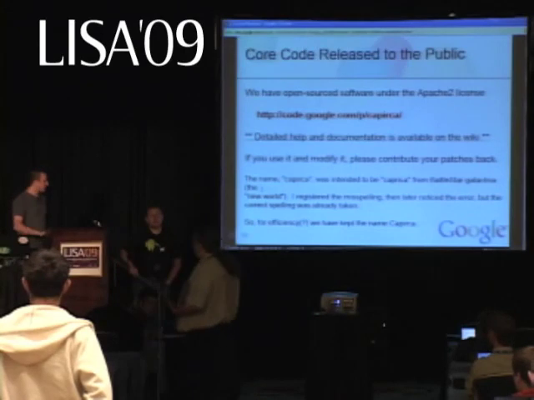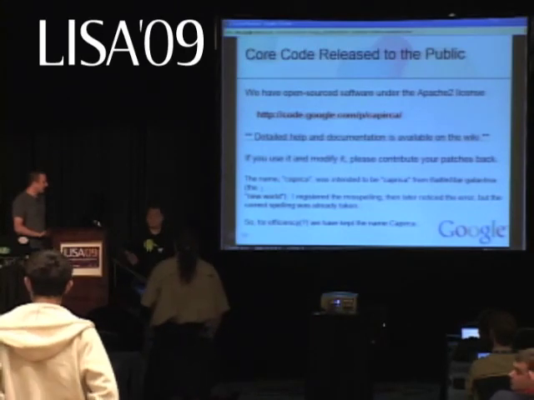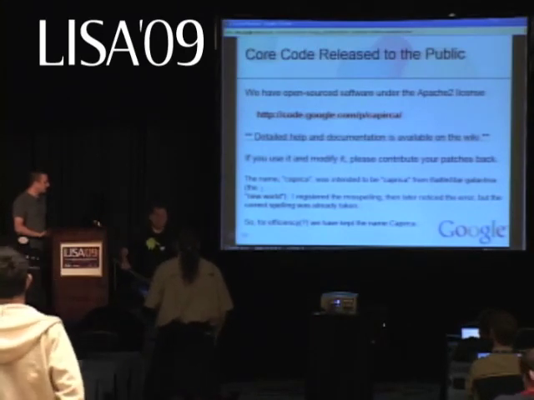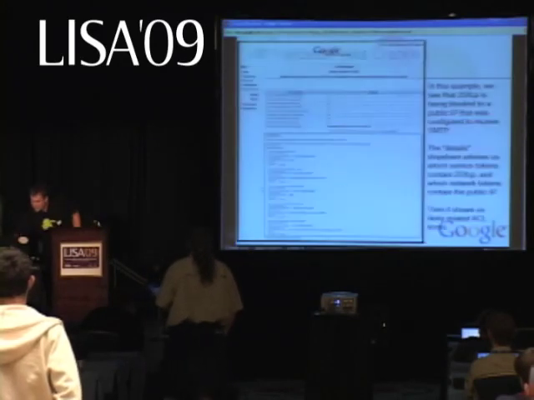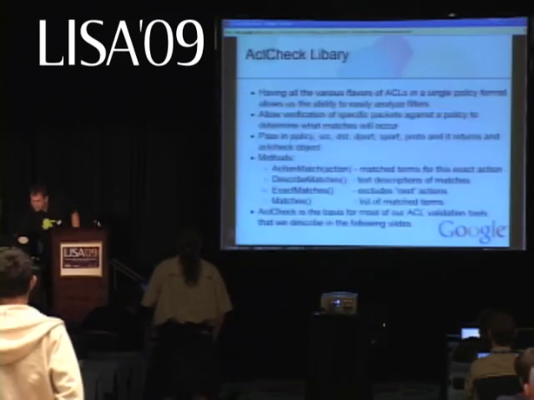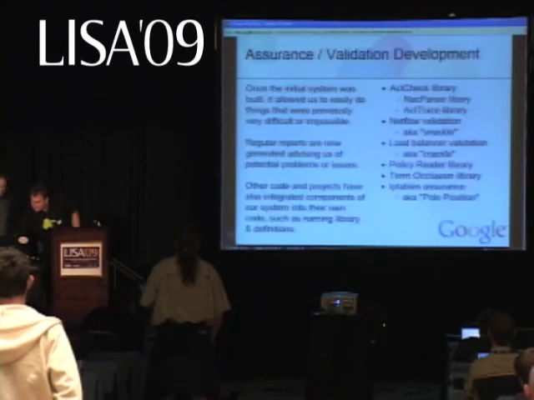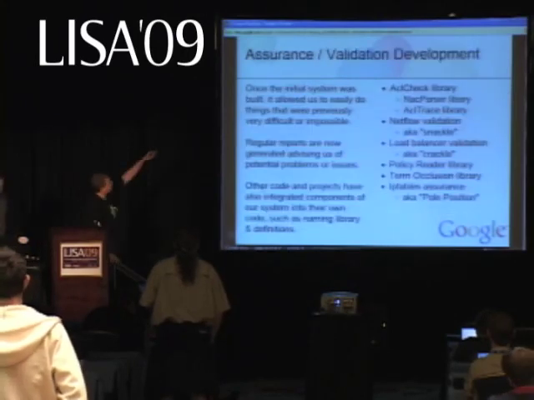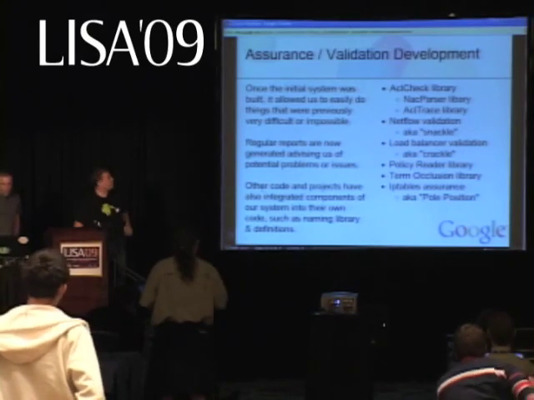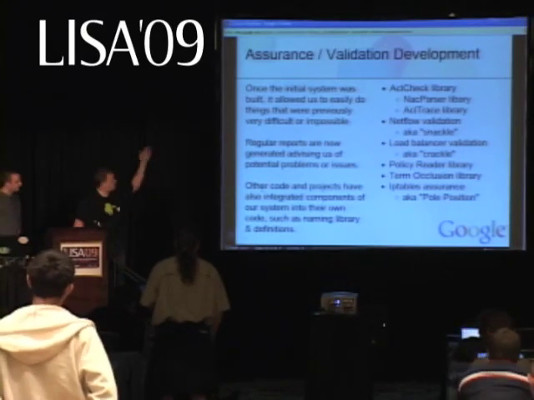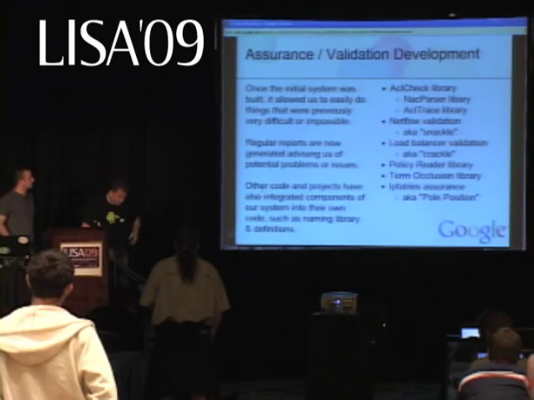I will also say there are other tools I've written in relation to this that we haven't talked about, that basically read our Juniper. There was a slide that touched on it, if I go back, and I didn't go into a lot of details. On this slide, when I first mentioned the ACL check library, under it I've got two things, NAC parser and ACL trace. The NAC parser library, which I didn't discuss even though I intended to, actually reads every